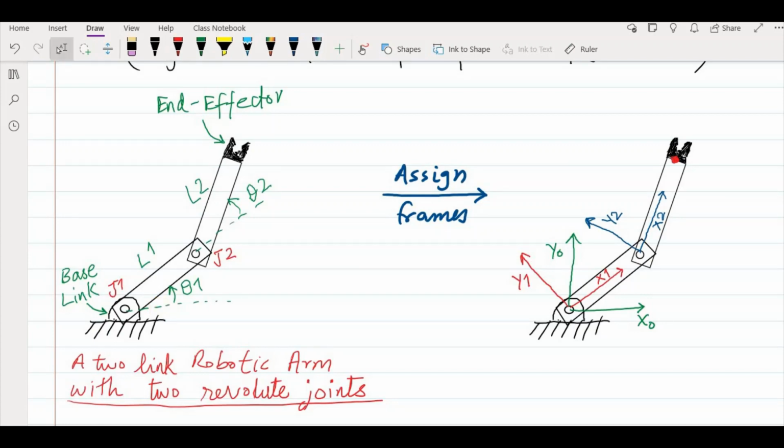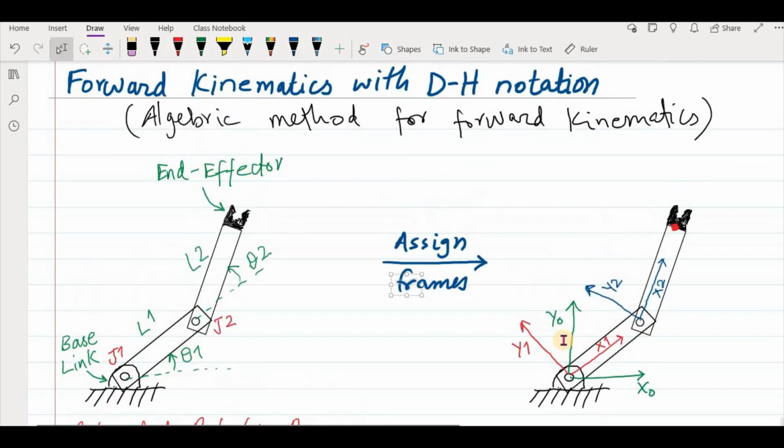So what we do here, we start with the reference axis, and then according to the DH convention or DH notation, we attach another frame with the joint 1, okay, this red color, and this frame is frame 1 with x1 and y1, and the z-axis of this frame is perpendicular to the x1 and y1, so it's coming out of this page or this screen in this direction. So it's not, for simplicity, shown because it's in a 2D screen or 2D paper, it's difficult to draw it. So the z-axis of your frame 1, and also for the frame 0, the reference frame, it's coming toward you. Okay,